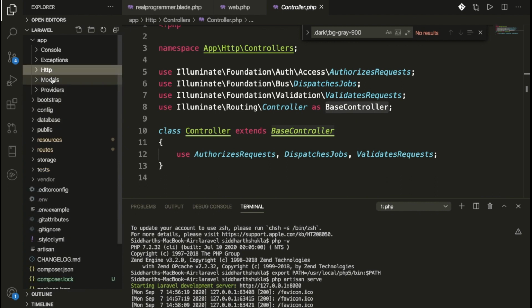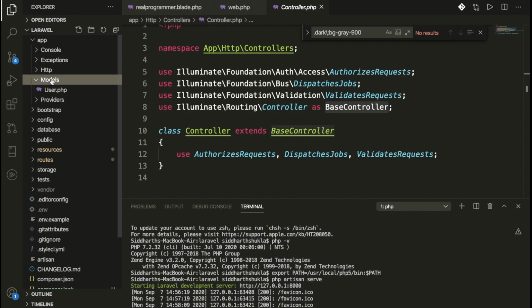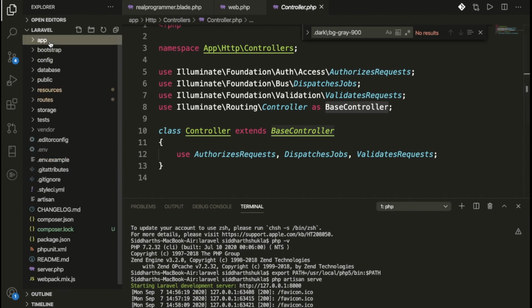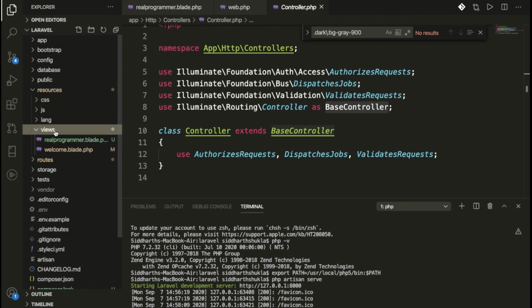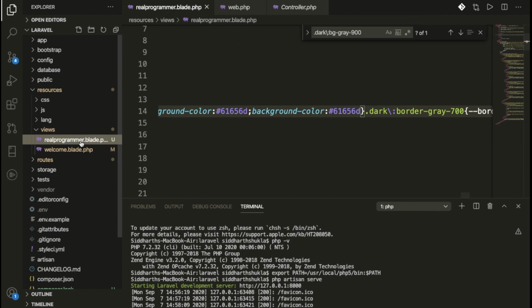So this is middleware, and here we have models. Inside the models folder we have a default model, which is user. I already covered the controller, model and view purpose. So what is the view? Inside the resources folder we have the views folder, and inside the views folder we have already discussed the real programmer